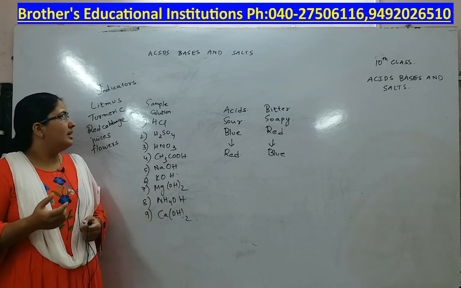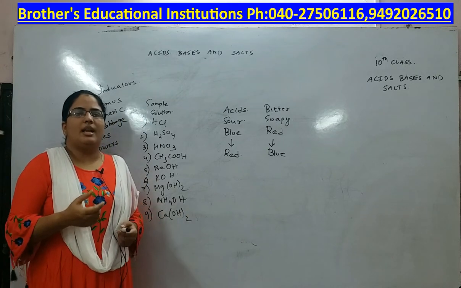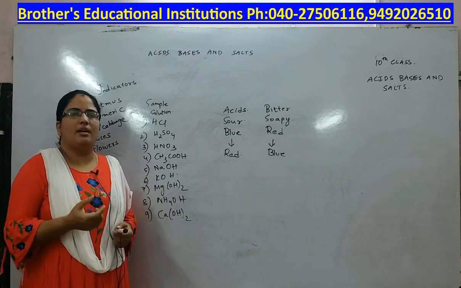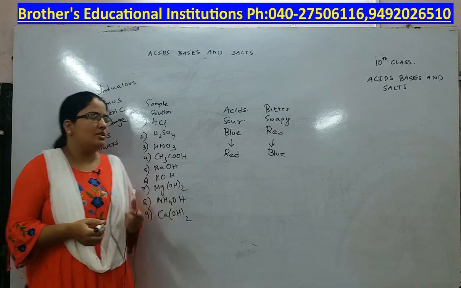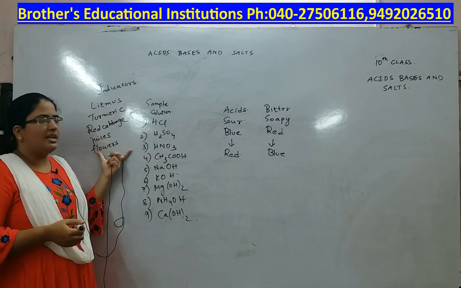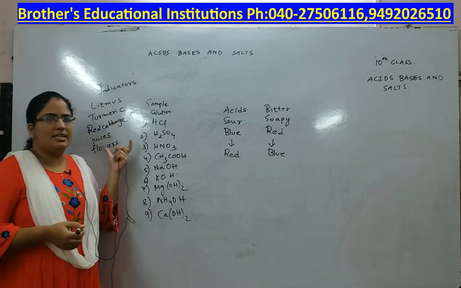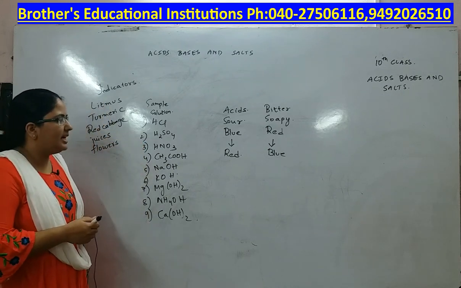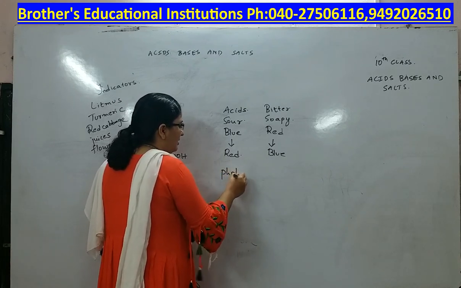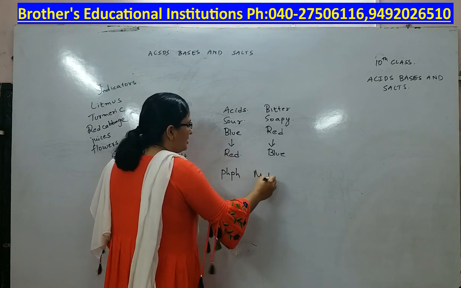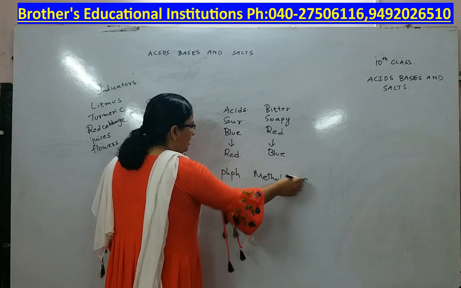Indicators are the materials which show some color change when acid or bases are added to them. They themselves are weak acids and weak bases. So these materials are used as litmus papers, the indicators. These are called natural indicators. You have chemical indicators also in your lab. They are called phenolphthalein and methyl orange. These two you can use as chemical indicators.